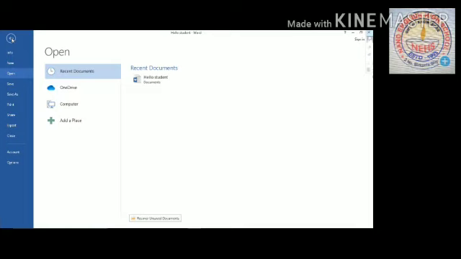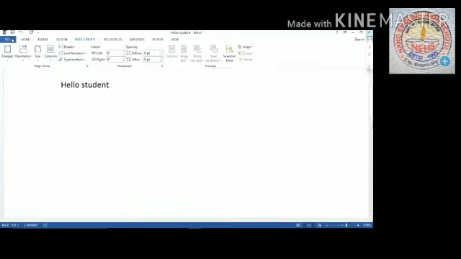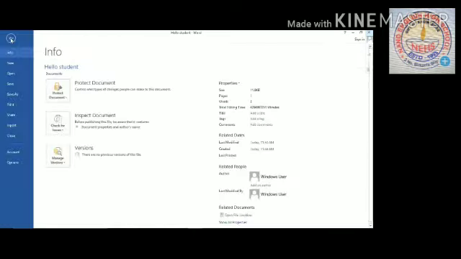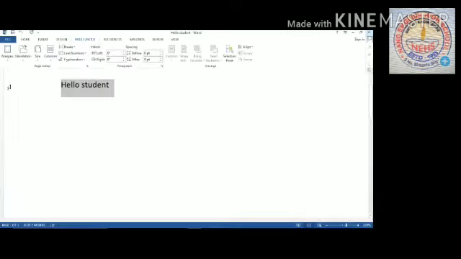Okay, then saving a document. How can you save your document? So what are the steps? Click on the save option of the quick access toolbar. You can save. Here is the quick access toolbar in Word 2010. So click on file, okay, and then click on the save option and then give your file name and click on the save button here.